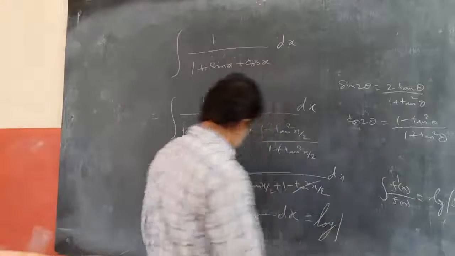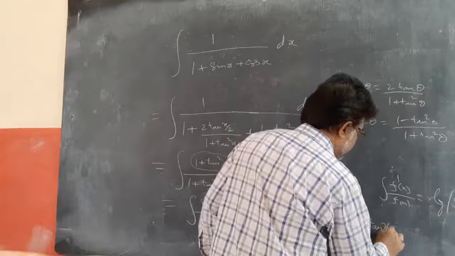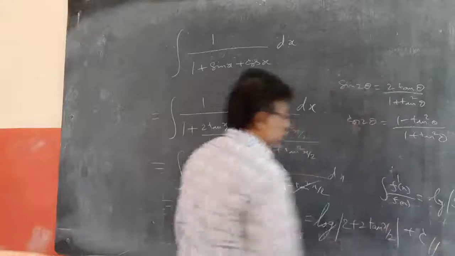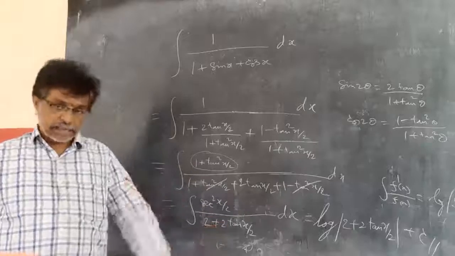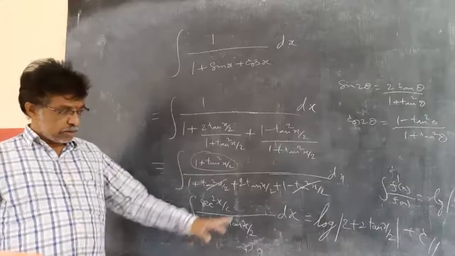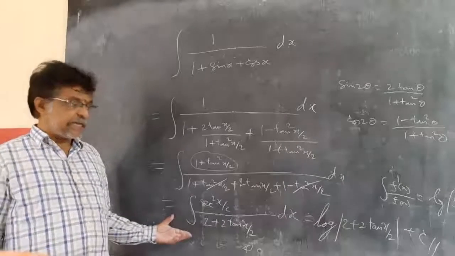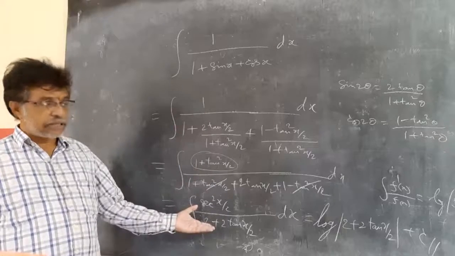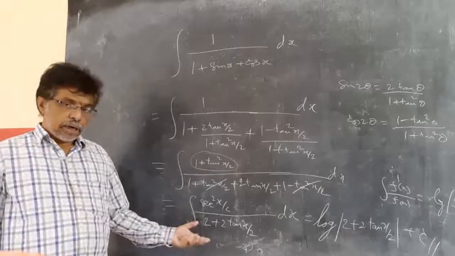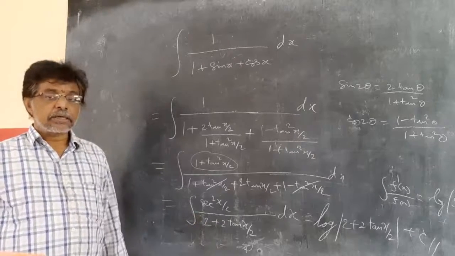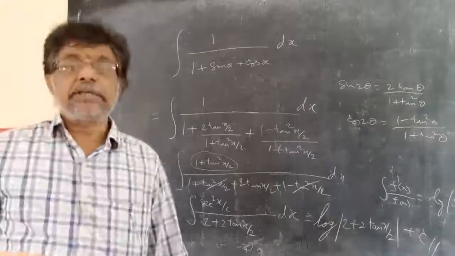So log mod of 2 plus 2 tan x by 2, plus c, because it is in the form of f dash x by fx, log mod fx. This is our final method. It is the simplest method among all, because there are maximum 3-4 steps. They will give it very rarely, but the first three are very important. This is the fourth method. On this, we will do 2 things once, then we can understand more problems.